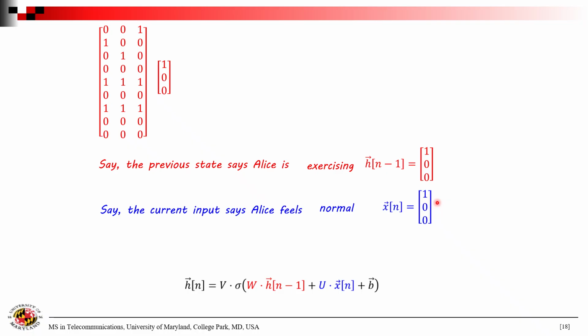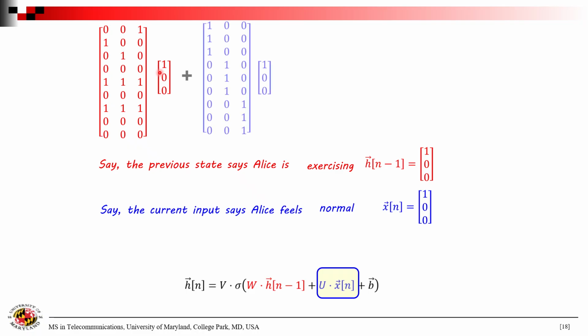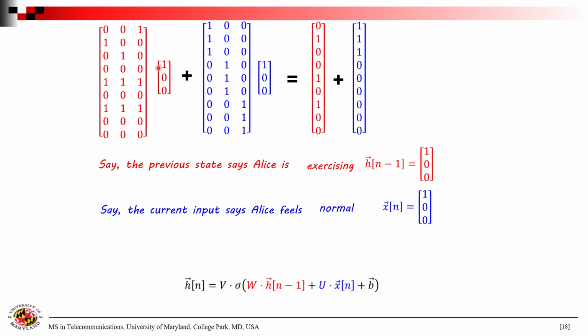Next, we need the current driving force or feature input. And let's say that Alice woke up feeling normal today. And this is the vector for feeling normal. So we're now going to add this contribution in blue. We're going to use the U matrix that we already looked at, and the vector for woke up feeling normal is that. Now, we know that when you post-multiply a matrix like this with a single 1, everything else is